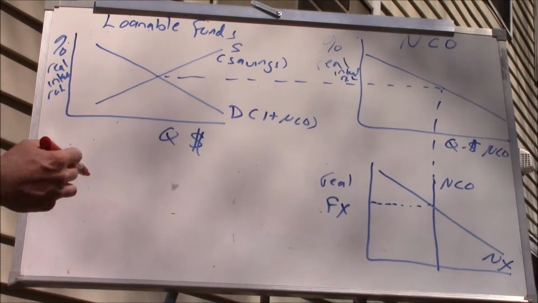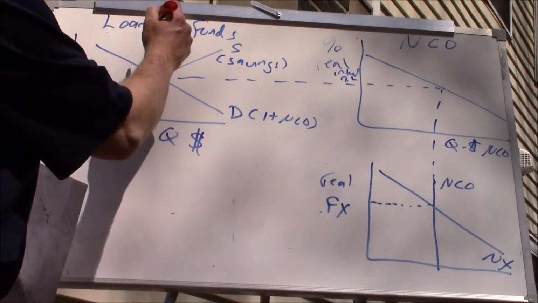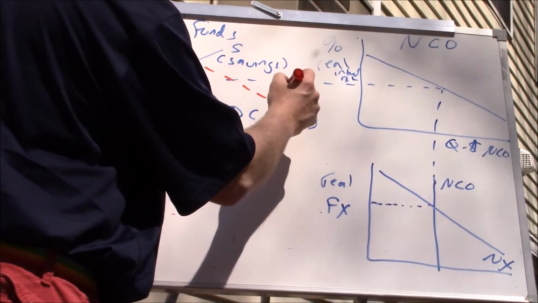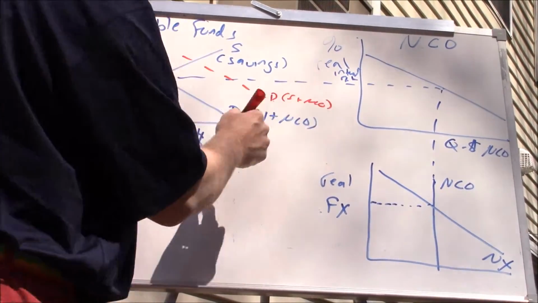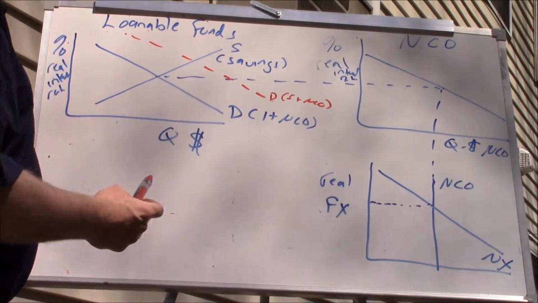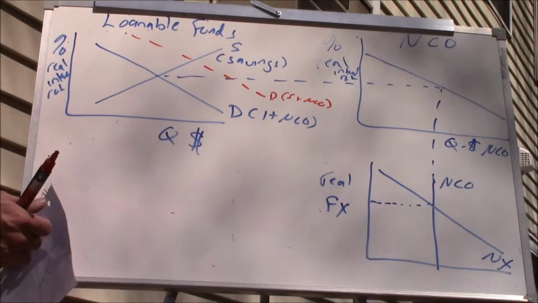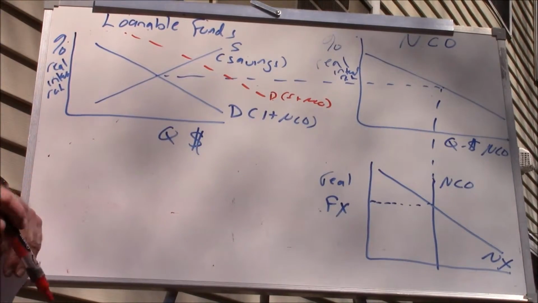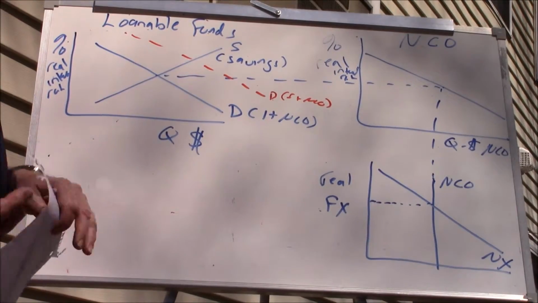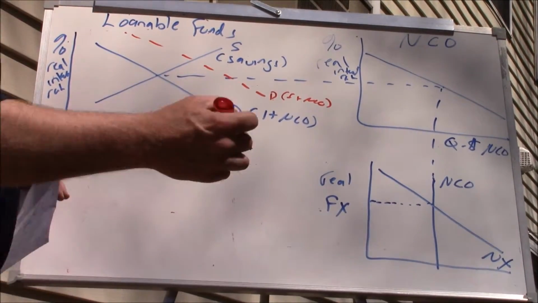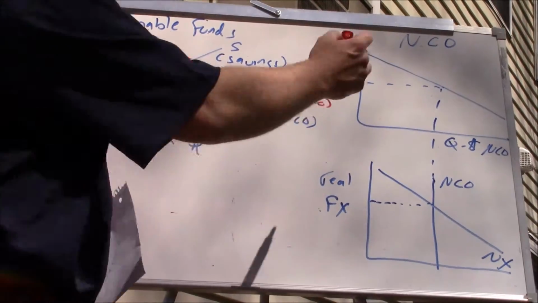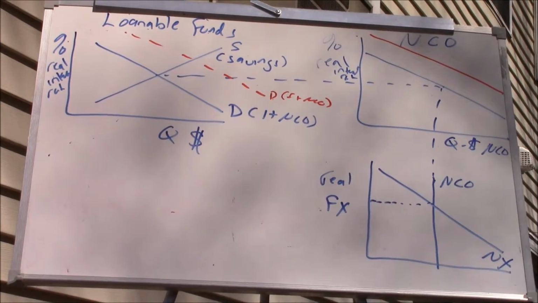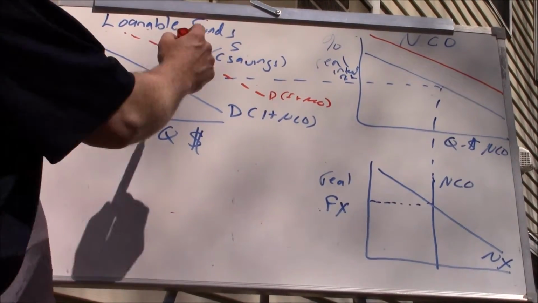So for any given interest rate, people want to get their money out of the country. And so you see an increase, a shift in the demand curve for net capital outflow. And it's not the investment part, it's the net capital outflow that really increases as people are trying to get their money out of the country. Now, while the real interest rate is certainly a determinant of net capital outflow, one of the other things on the list, of course, is the political stability within a country. So this curve is also going to shift out. For any given interest rate, there's going to be more net capital outflow.